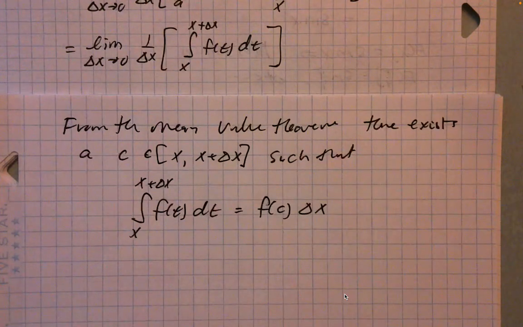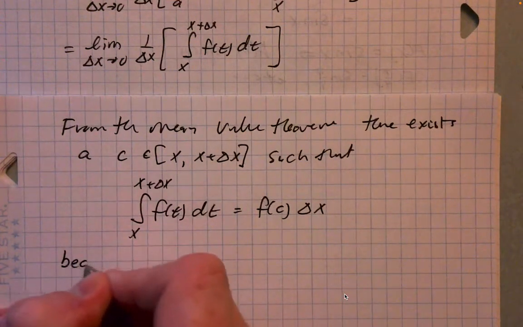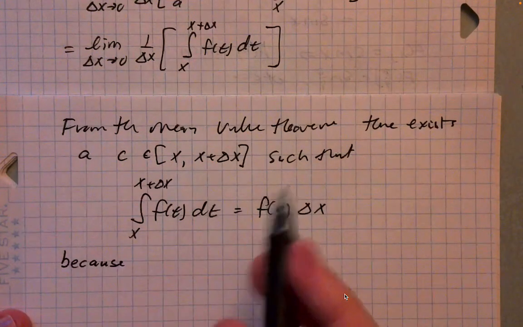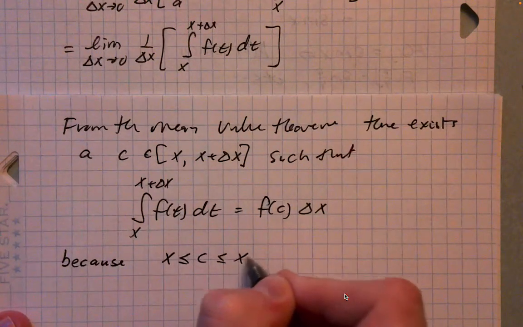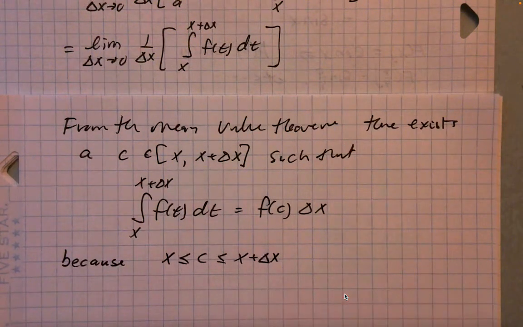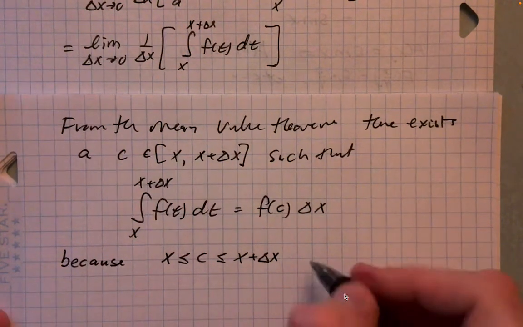Okay, so we have that. So there exists some c in this range. Now, here's the tricky part. Because x is less than or equal to c, which is less than or equal to x plus delta x, it follows, right? So because this is true, it follows that